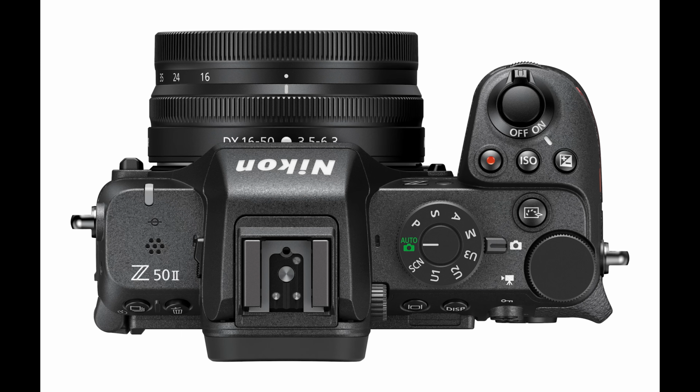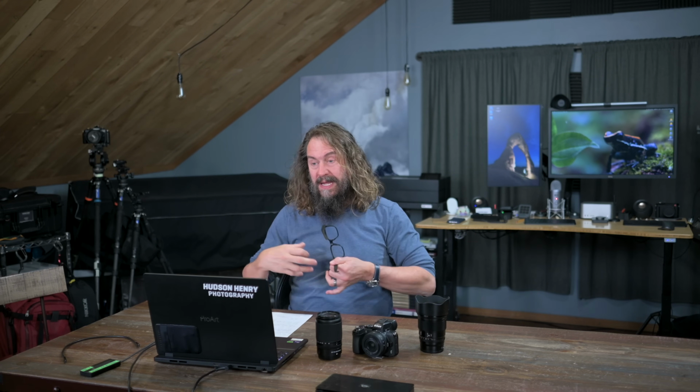So, well, I did forget. I'm having to weave this in. The one other really cool thing that's new and different on the Z52, it's new for any Nikon camera, is a picture control dedicated button. It's just under the ISO button on the top of the camera, and it's going to let people like me that like to shoot in black and white in monochrome or in color pick which picture profile they want to work with. I love the switch on the ZF. I think that's the precursor to this, where you can flip the switch and you're in monochrome mode or color mode or video. With this camera, there's a picture control mode,